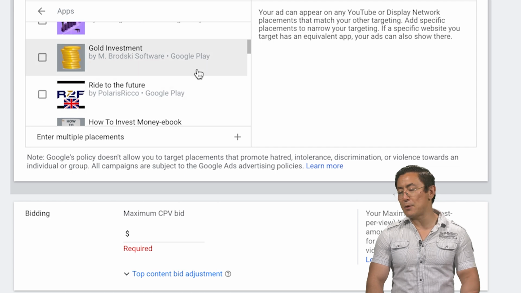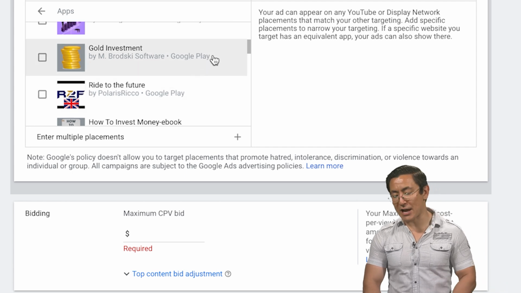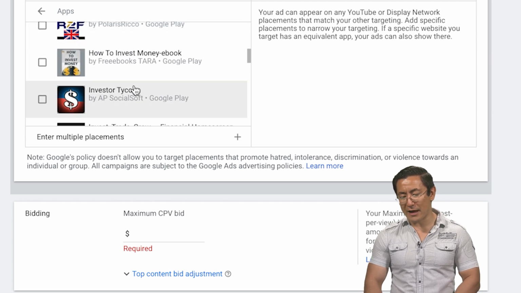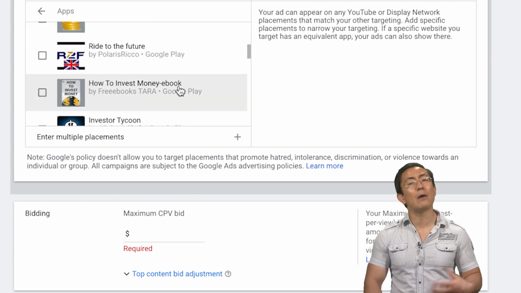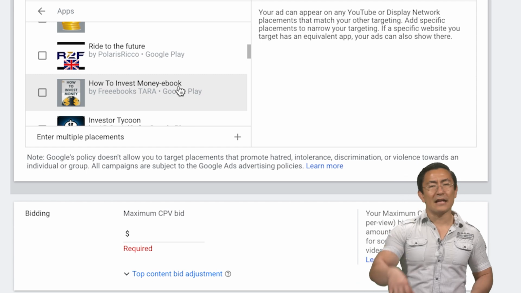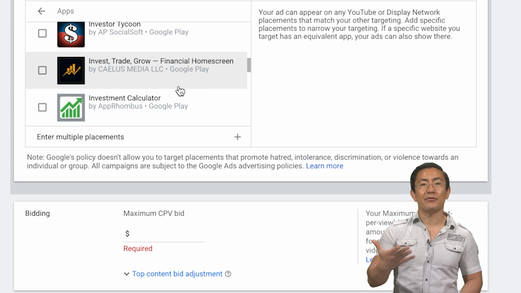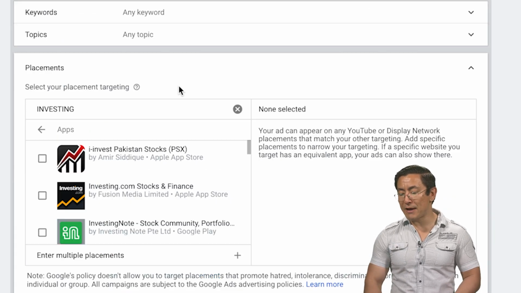Gold investment, that would be one that's probably not that good unless you're actually telling people to invest in gold. Ride to the future, I wouldn't do that one without checking it out. How to invest money, that one's probably good. So you kind of get the idea. You evaluate a few of these apps. If necessary, you actually download them and see the app itself, and you pick the one that's going to be